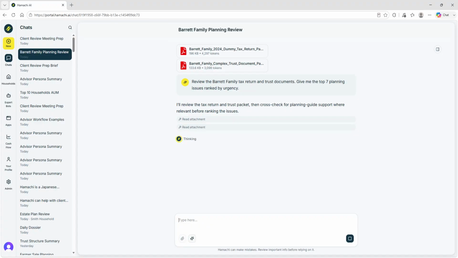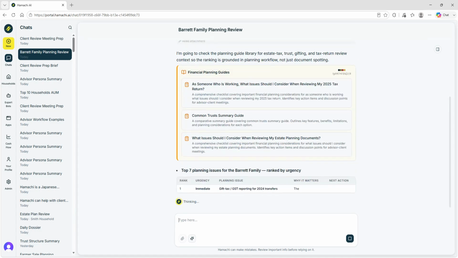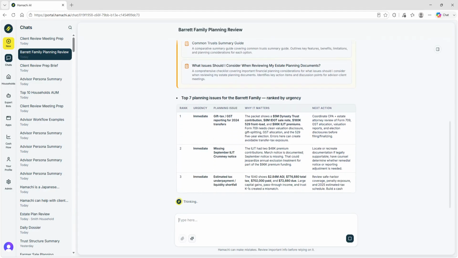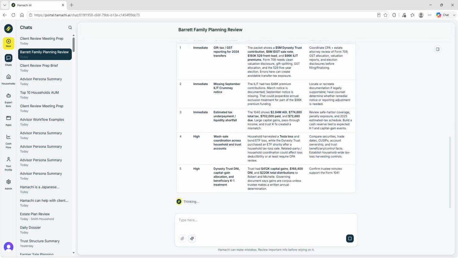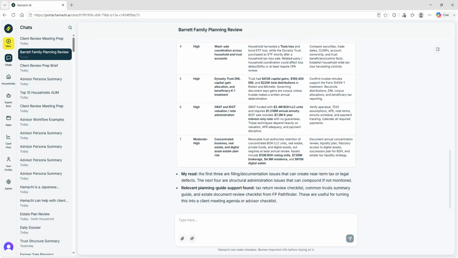I've used Hamachi quite a bit, and so it already has kind of my preferences for communication in the system. Has a good feel for how I like outputs. I like stories. I like bullet points. I like the high level stuff. I love visuals, so I've asked it in the past to help me with tables, graphs, and charts, just for context for what this output looks like. You might have a different style. Just tell Hamachi what you want, how you want the output to look, and Hamachi will do an awesome job